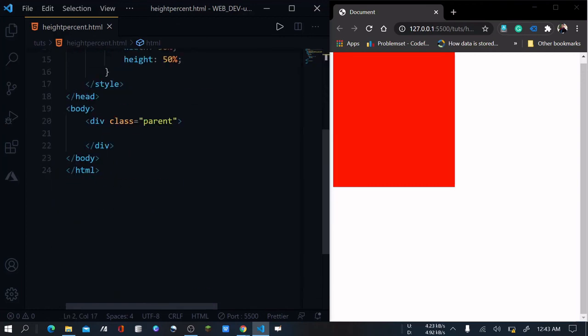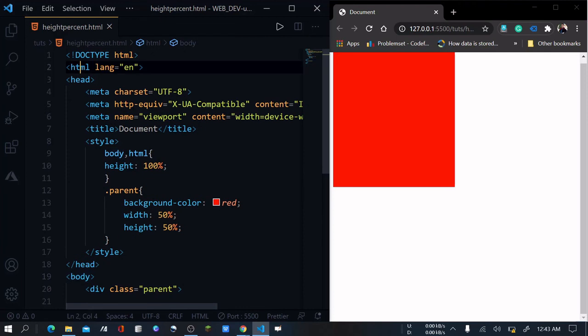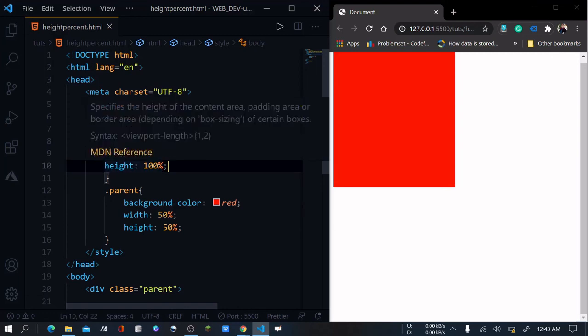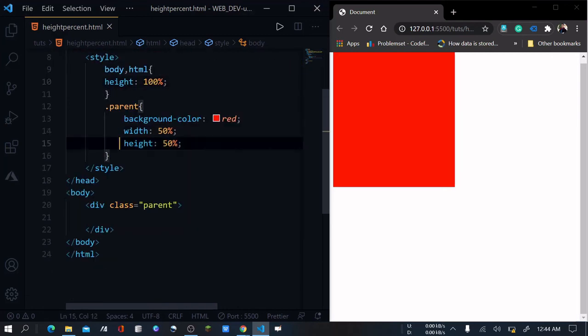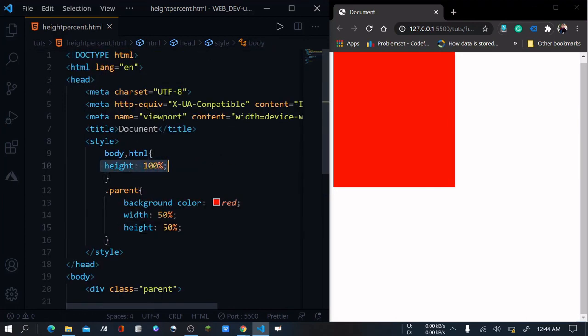So the division will look at the body and the body will look at the HTML document. So I need to set the height of these to 100%. Now the height of this division is 50% of the height of this one, so as you can see on the right hand side, this division showed up.